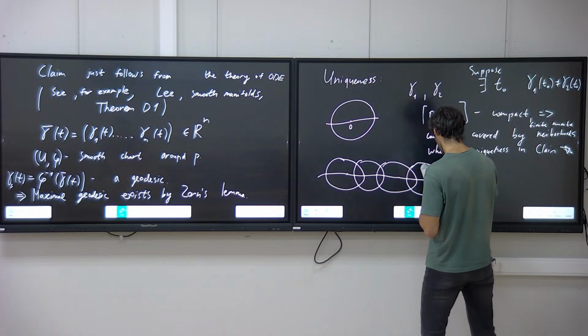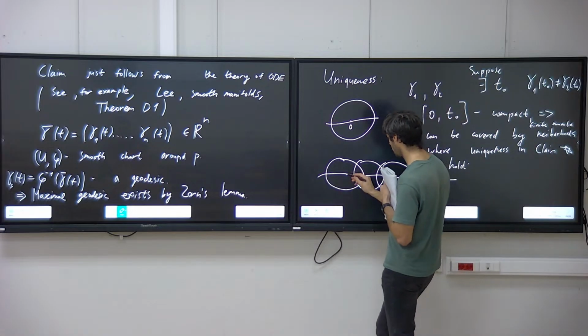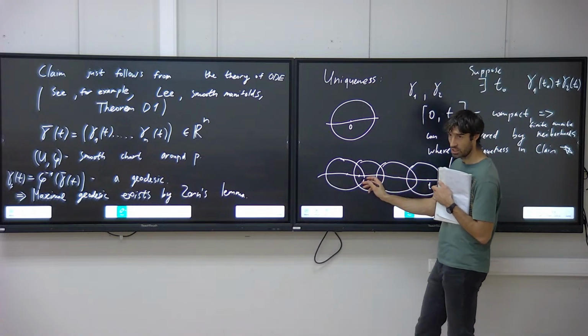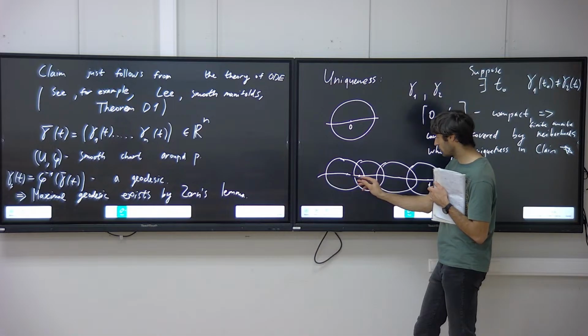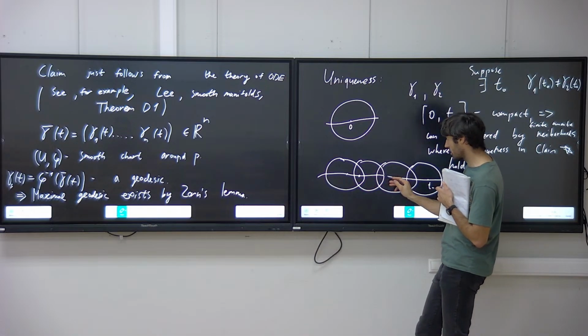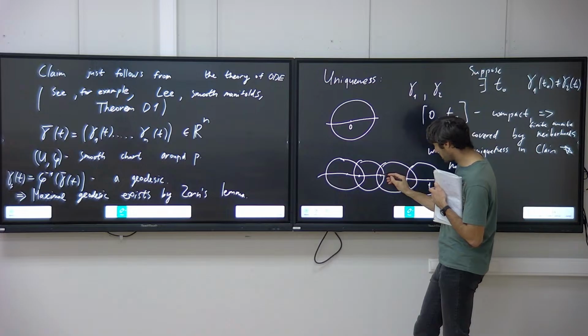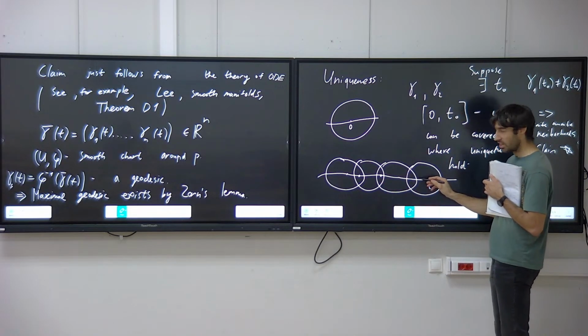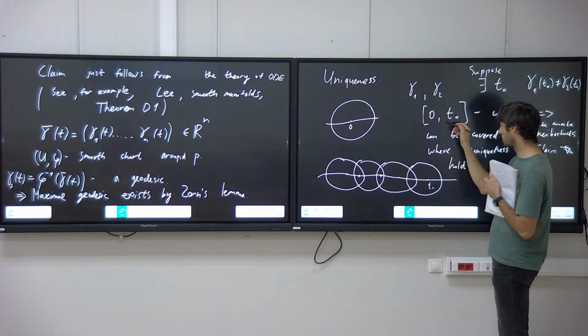This is your T0, right? So they coincide here, and so you know that they coincide in an initial condition somewhere here, right? And so therefore they're unique in this neighborhood as well. So therefore they coincide in here. And so they're unique in here as well. And so they're unique all the way to the point